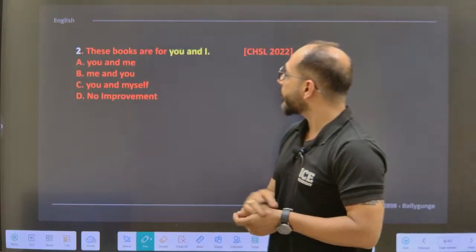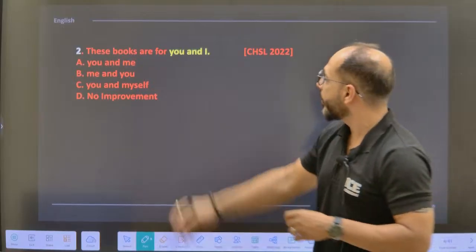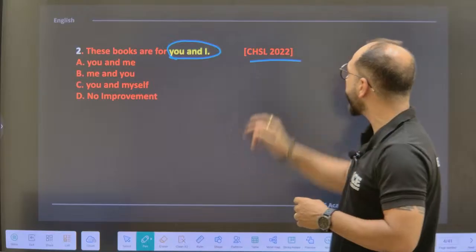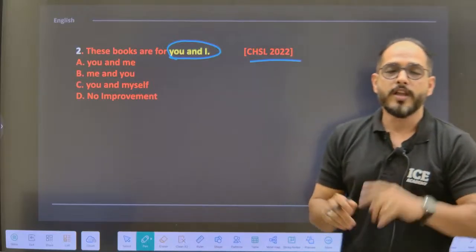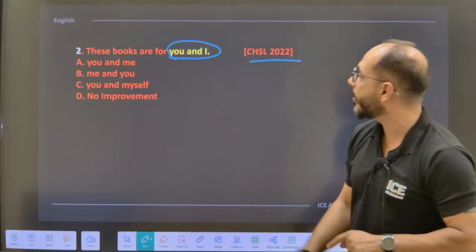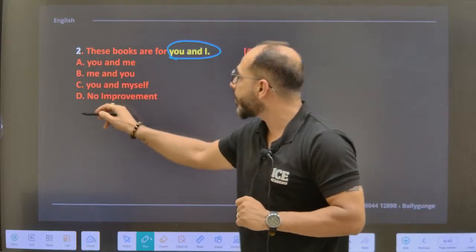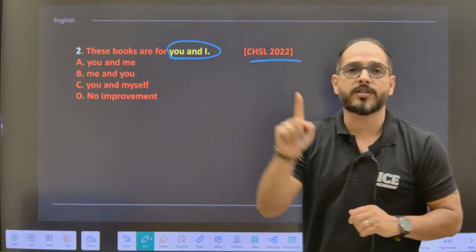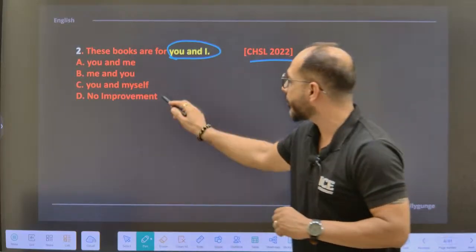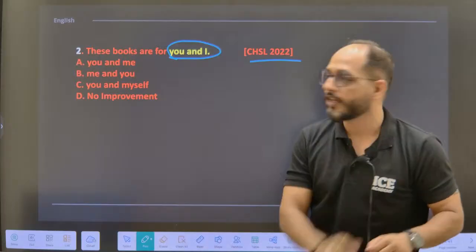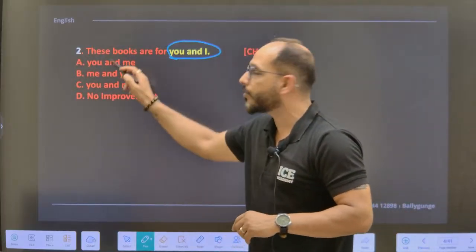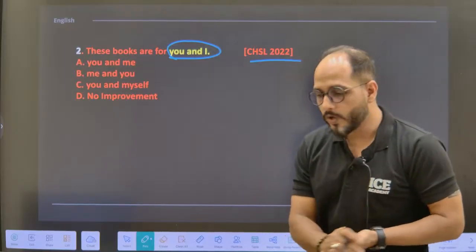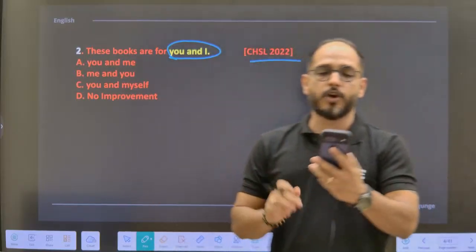These books, this is sentence improvement. These books are for you and I. This is a question from CHSL 2022. Now, there are four options given. You need to find out whether this sentence is correct or not. If this sentence is correct, then this is your answer. If not, then which among these three will replace this phrase you and I? চলো তাহলে কোয়েশ্চেন স্টার্ট করো, আনসার স্টার্ট করো।